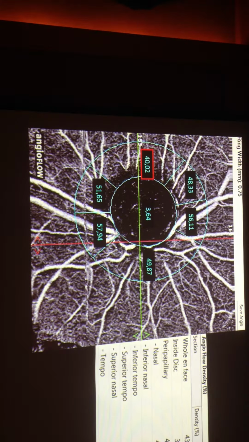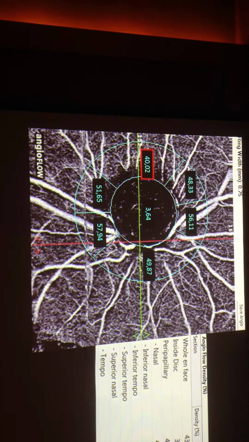So with OptoView and David Wang, they decided to modify the analysis in order to extract the information inside the disc. So we don't have to take that into account. We can get measurements. You can see this index, but to get an analysis of the vascularization around the disc, we can select different quadrants in this double disc, and we can analyze these indexes in this ring. And making this, we can have data on nasal, nasal inferior, inferior temporal, supratemporal, supranasal, and temporal. And you have the whole